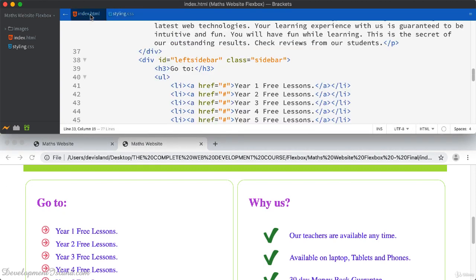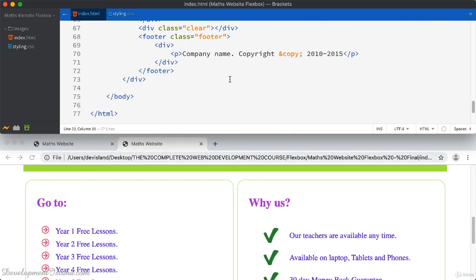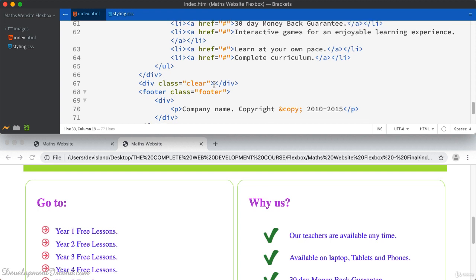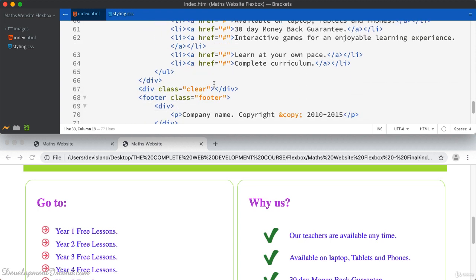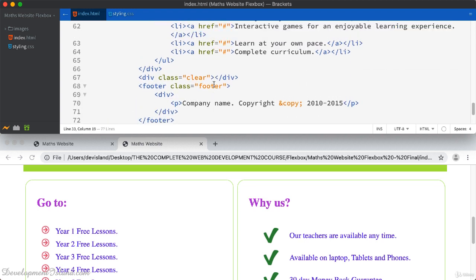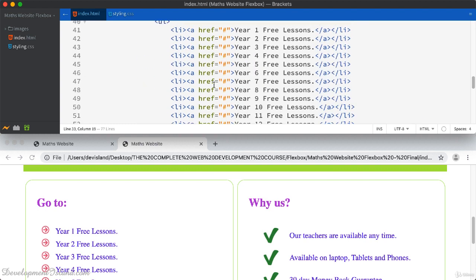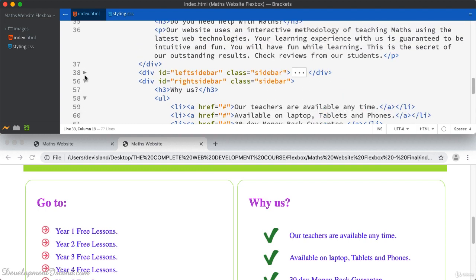So at the moment, if you look at the HTML code, you'll see that the sidebars are both inside